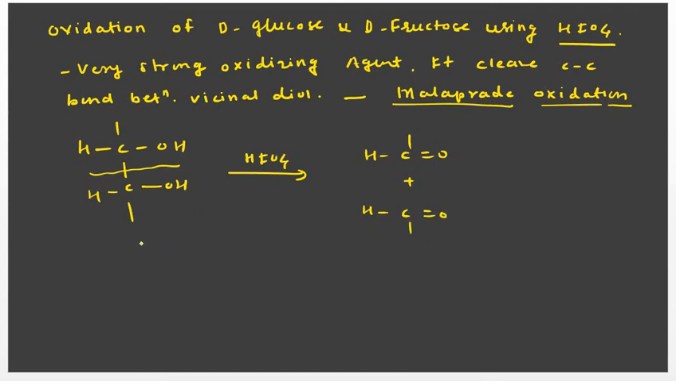So whatever number of vicinal diols are there in the starting material, all those vicinal diols are broken down by this periodic acid because it is a very strong oxidizing agent. So for one vicinal diol, remember this is important, for one vicinal diol 1 mole of